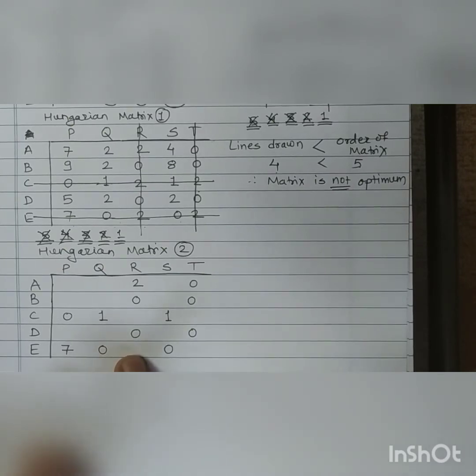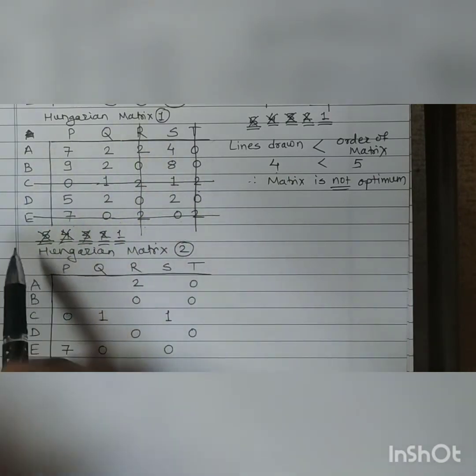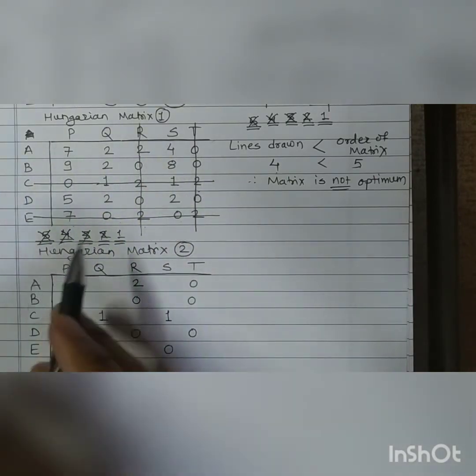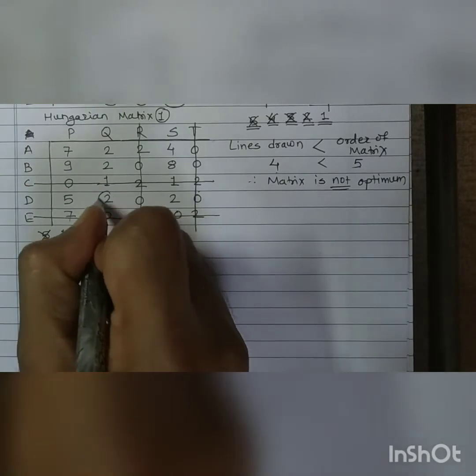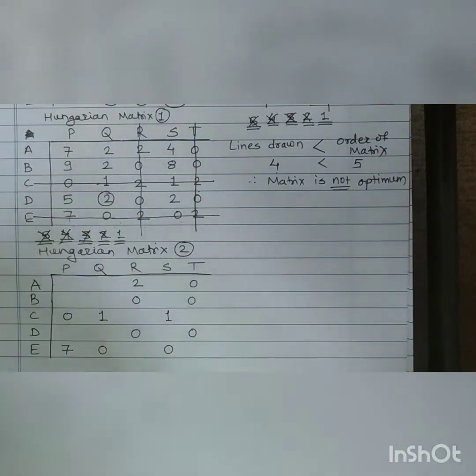Now we will start with the next part, which is the numbers which are not present on any line, and the smallest element from those elements is 2. So subtract this 2 from each and every element from that set, and again draw your matrix and check the answers. Yes, you can pause the video and check the answers.